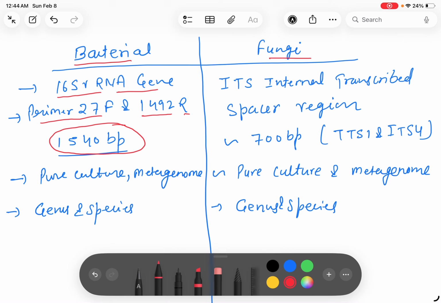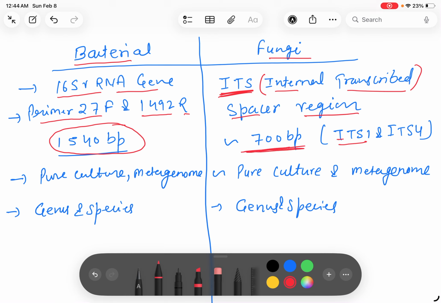Whereas in the case of fungi, generally people target the internal transcribed spacer region. This is very commonly known as the ITS region, and its size depends on which primer we are using in the laboratory or which region we are targeting. So, for example, if you are targeting with ITS1 and ITS4 primers, then the length should be